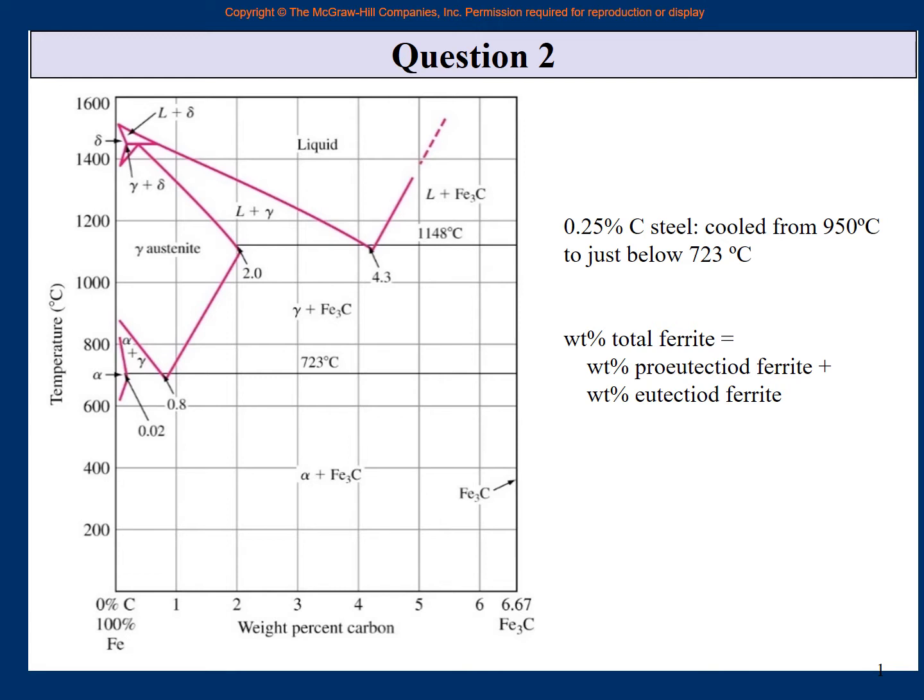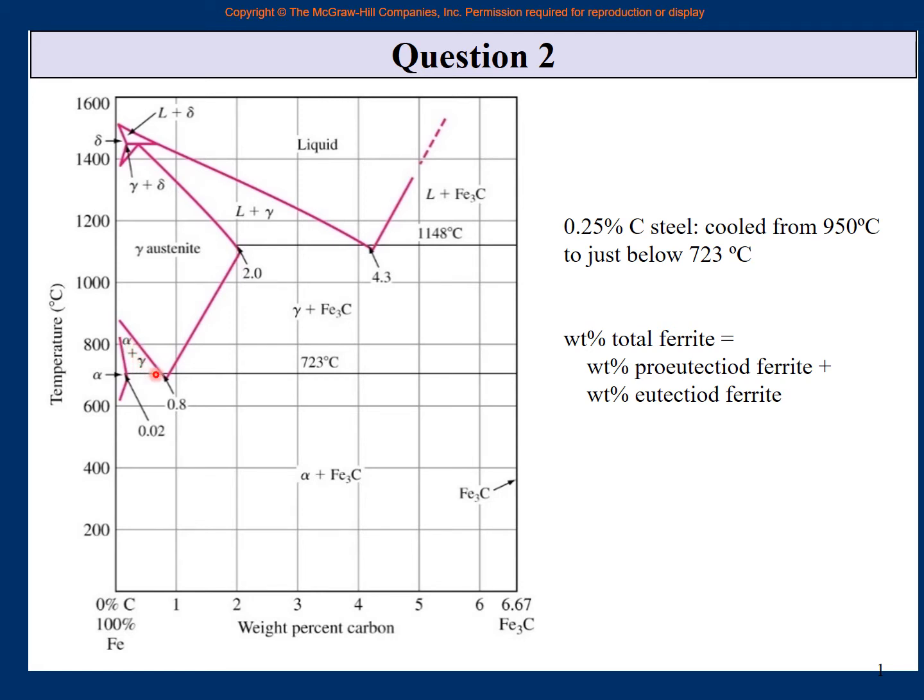I have done that in the lecture, but I'll do it again if there is any point here. It is all austenite, gamma. You cool, it is all gamma. Once it hits this line, the alpha plus gamma line, as soon as you hit this line, some alpha starts to form. When you go below this line, more alpha starts to form. So it was 100% gamma. Now here a little bit of alpha. Here 5% alpha, 10% alpha. The rest is still gamma, right? So some of the gamma keeps on changing into alpha as you go down.